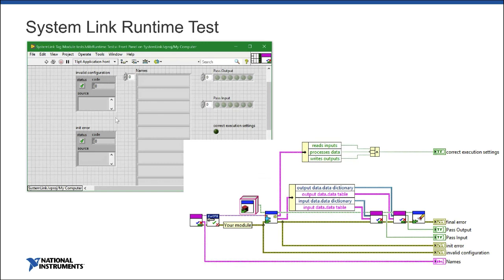Now, we have a module for system link, and for example, this is the unit test to make sure it runs. Again, we're testing it by itself without the rest of the engine, so you can make sure the module is working by itself. Now, I'm mentioning this one because in order for this unit test to run, you actually have to have a system link server connected to the system. So sometimes you need hardware or you need extra stuff to work for the system.